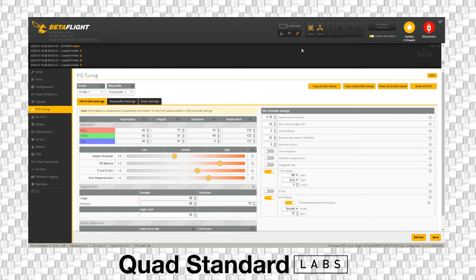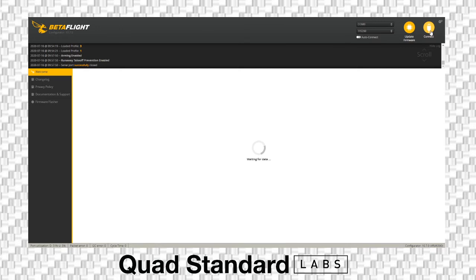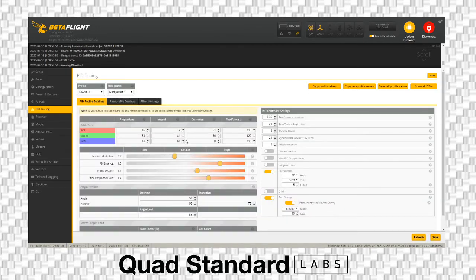I'm just going to go ahead and disconnect and reconnect real quick. I just didn't want to save that. Okay, 1.4. So I moved it to 1.4, and I put the feed forward transition at 0.35. So I can go fly this and see how it feels, but to me, I need to equate it to